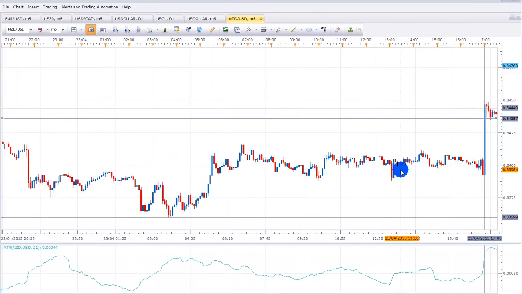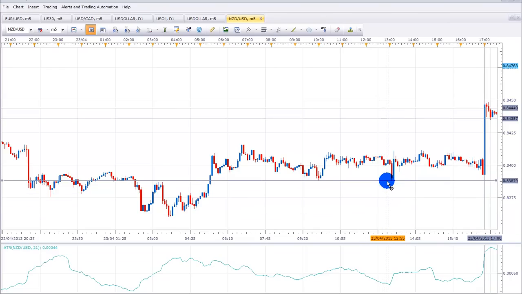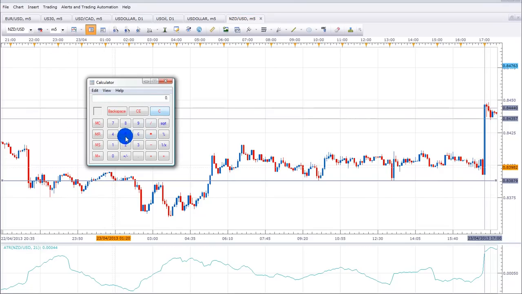in the session before the news release came out. So which session would that be? That would be the New York session. So what were the lows during that time? Out here. So now you expect the lows of 0.8387 to hold, and if that is the case, what you would do is